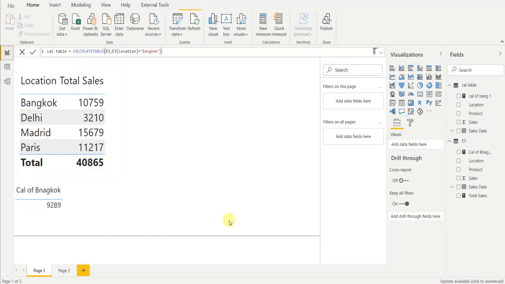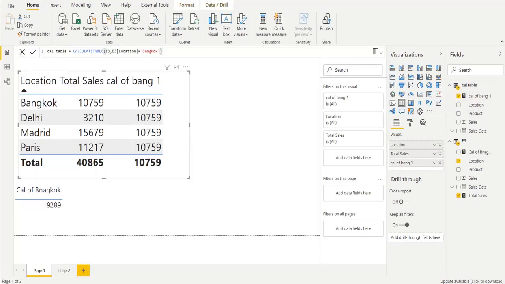If you go to the report page, now you can see the total sales for the Bangkok office is being reflected in each row. Why? Because we have forcefully passed the argument to extract the total sales for the Bangkok office only. There are other filters as well, which I will cover in the next video, which is really helpful to get rid of the situation where we would like to show the amount to be reflected corresponding to the category.